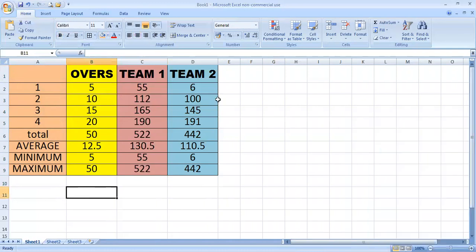Just select the data. If we want to insert a line chart, for example, between team 1 and team 2, select team 1 and team 2, or just select the overs.